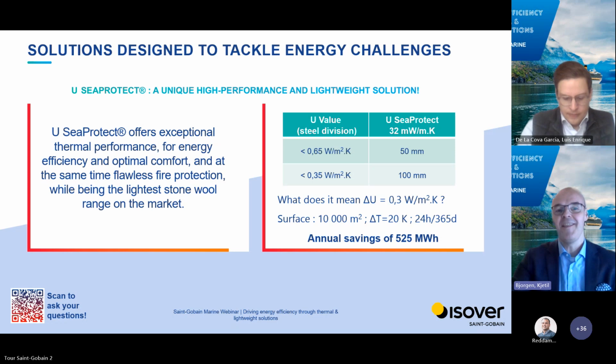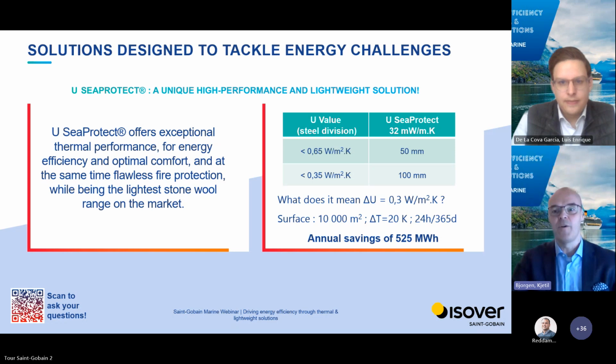If you then have a surface of 10,000 square meters and the temperature difference between outside and inside is 20 Kelvin or 20 degrees Celsius throughout the year in general, we multiply with time, which in this case would be 8,760 hours. Then you would have an annual saving of 525 megawatt hours. So to visualize, one normal household in Norway would use 20,000 kilowatt hours per year. To have an energy efficient insulation construction on a ship as showcased here, you would save the energy of approximately 26 Norwegian households annually. And now with this in mind, Lewis will further take us through how glazing contributes to